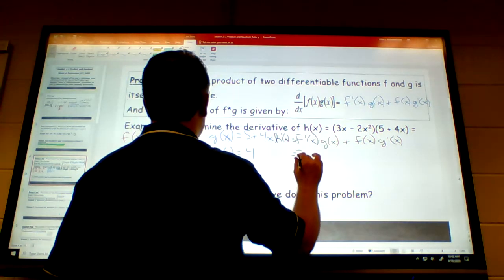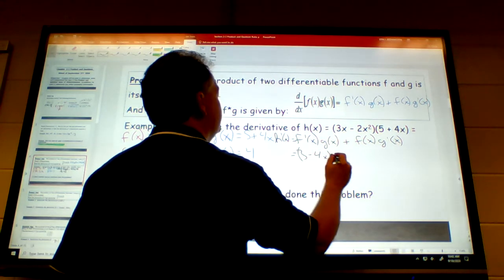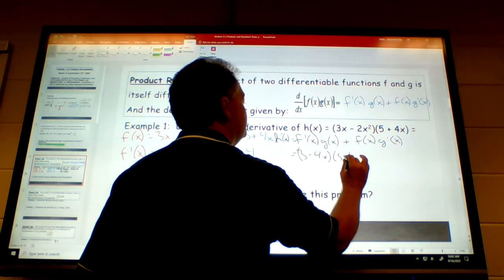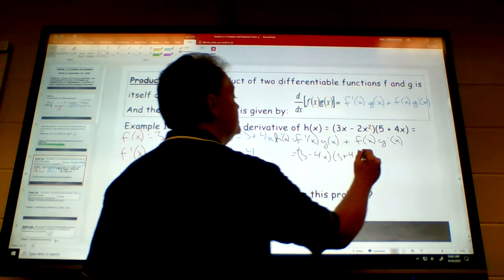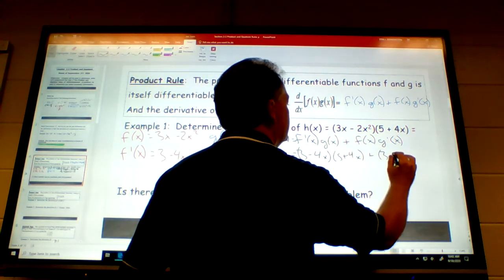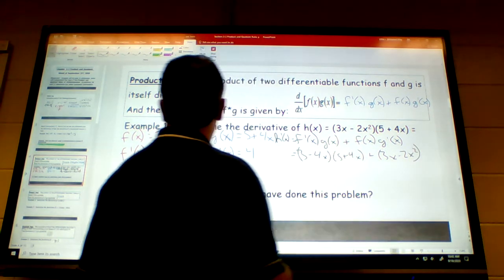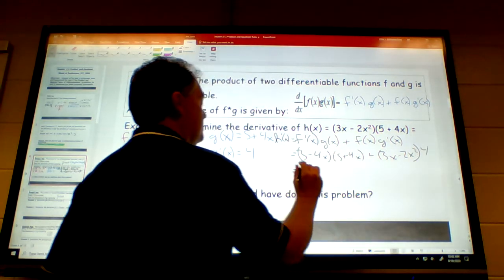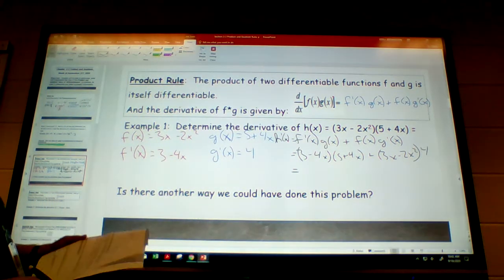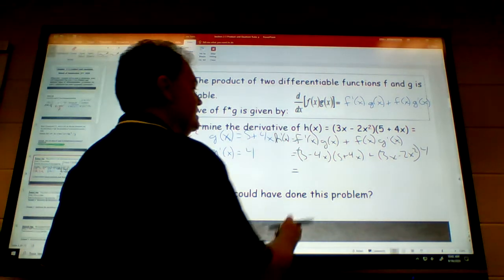It would be 3 minus 4x, and then g of x is going to be 5 plus 4x, plus f of x, which is 3x minus 2x squared, and then g prime of x is just simply 4. All right, now, when you do all that stuff, we're going to end up getting